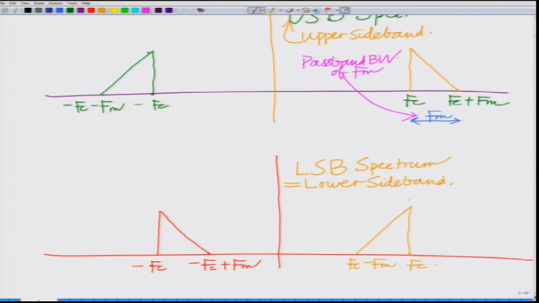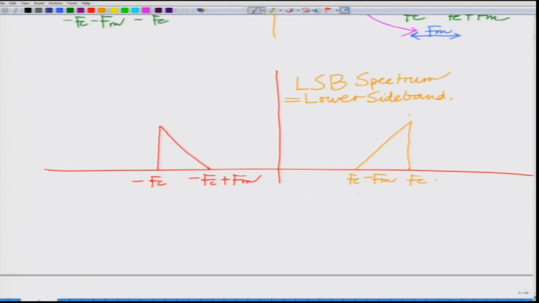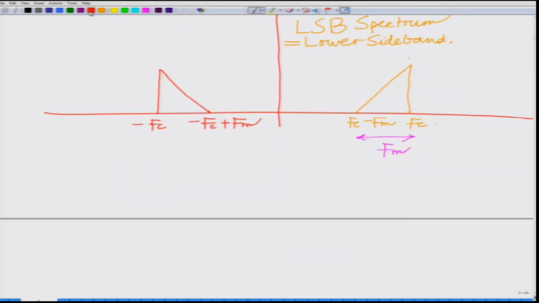And similarly the LSB signal also has FC minus FM to FC, that is it has a passband bandwidth of FM. So, you can clearly see that the double sideband suppressed carrier signal has a passband bandwidth of